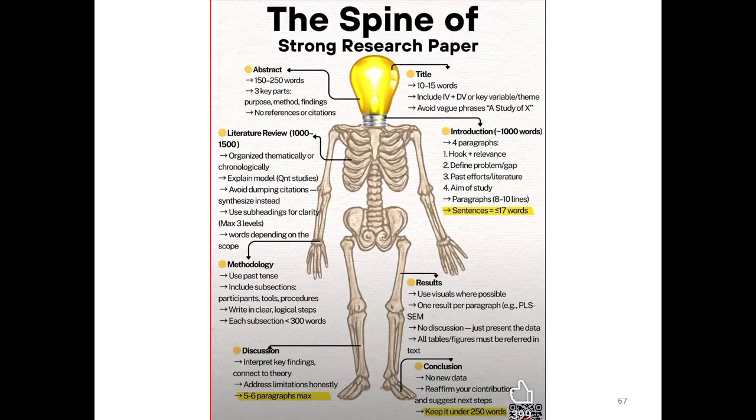Then, what is the spine of a strong research paper? We need to have an abstract with 150 to 250 words, depending on the problem statement. The three key parts are purpose, method, and findings, with no references or citations in the abstract. Then the title: 10 to 15 words, including the IV and DV or key variable theme,